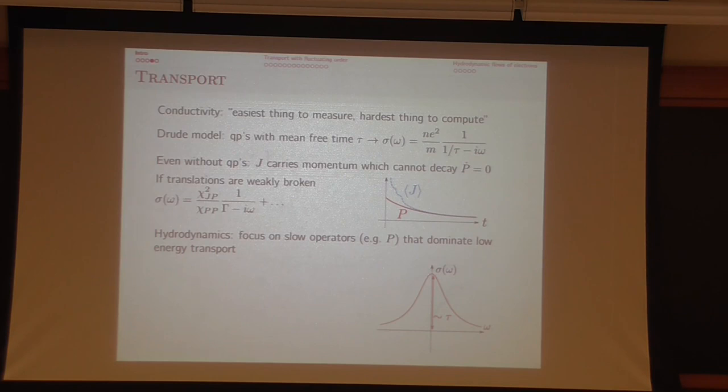If I consider even a strongly interacting quantum field theory with translational invariance, and it's at finite density, then because the current generically carries momentum, and momentum is conserved, the current won't be able to decay, and I'll have an infinite DC conductivity. And if momentum is not quite conserved, if I add a bit of disorder so that translations are weakly broken, so that the operator P dot is a small operator in any expectation value, then I'll still have a very large DC conductivity.